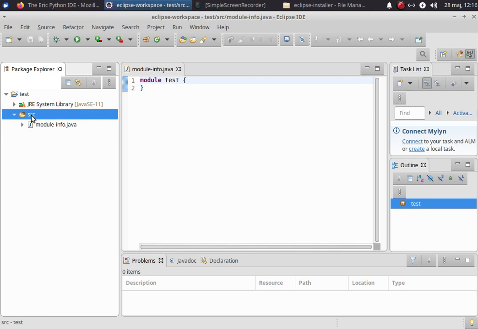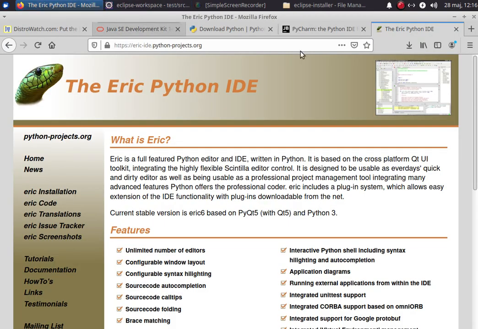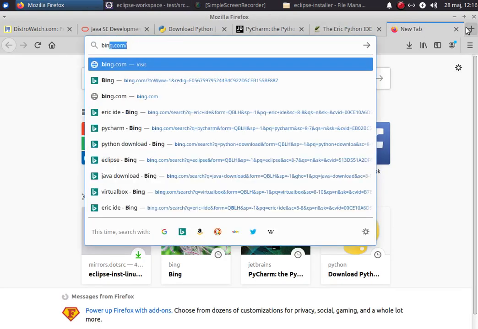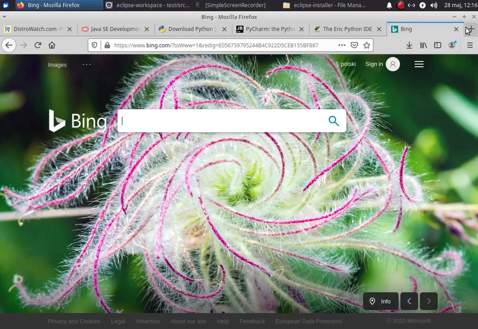Okay, Linux comes with good text editors. On Linux, quite often I use gedit if I'm in a visual environment, or if I'm using a text-only environment, I use Nano. But if you are using Windows, then a really good text editor is Notepad++. Okay, that's a free text editor which you can download